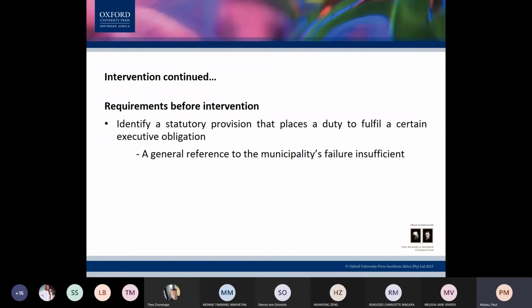Another requirement before a provincial government can intervene is that it needs to identify a statutory provision that places a duty to fulfill a certain obligation. A general reference to a municipality's failure to fulfill its executive obligation cannot be considered